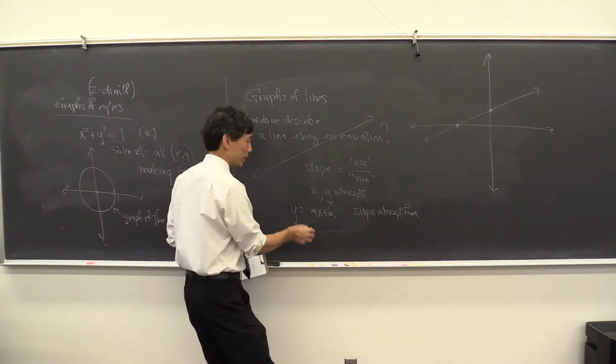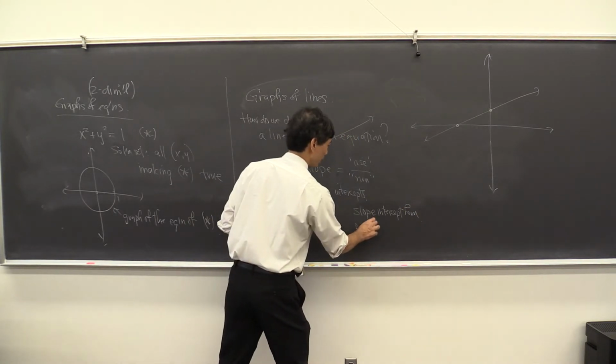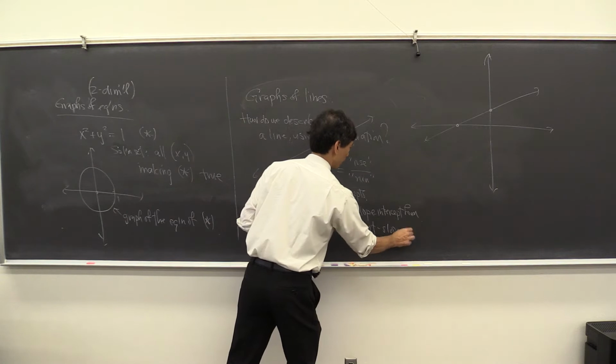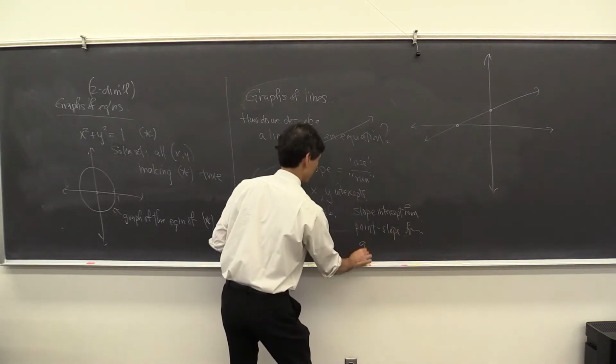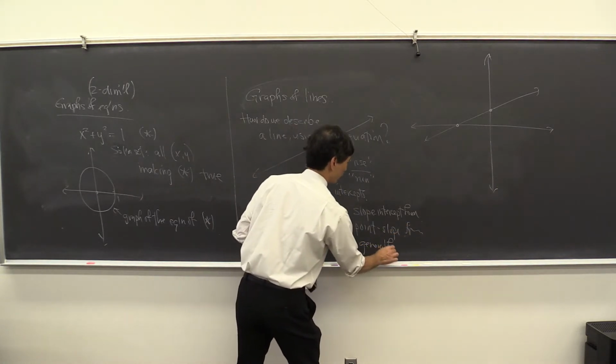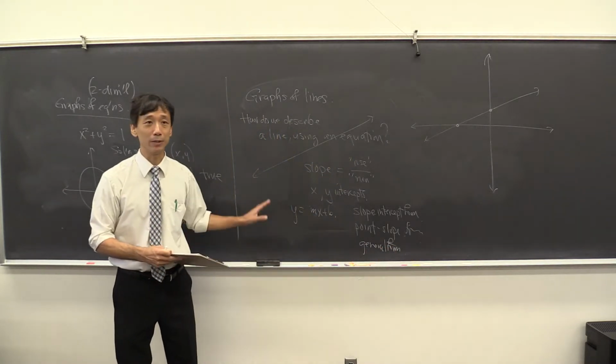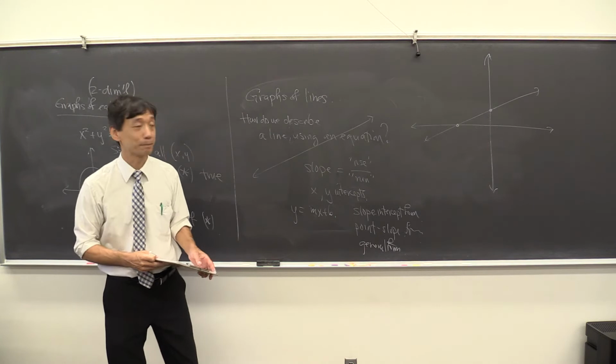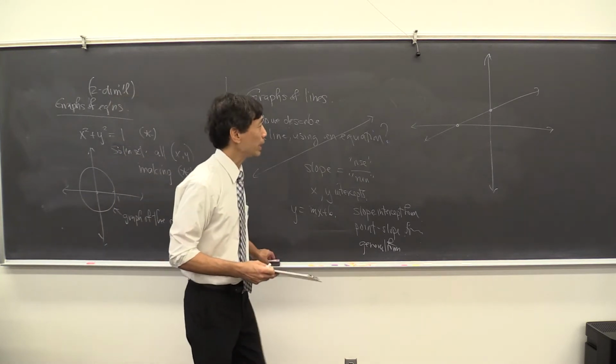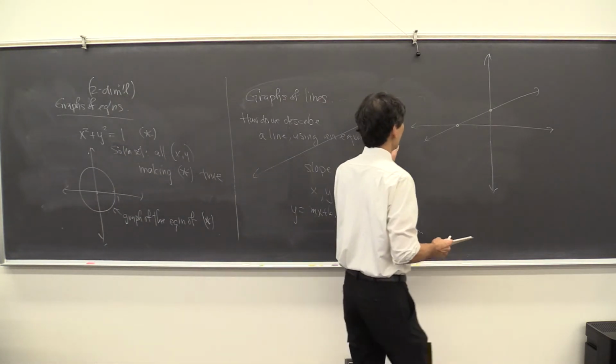There's the so-called point-slope form, etc. And there's something called the general form. I'll explain what these are in a second, in case this is your first time seeing it. In any case,